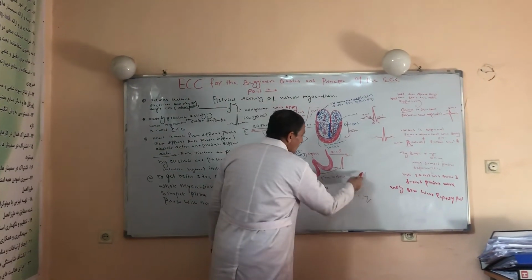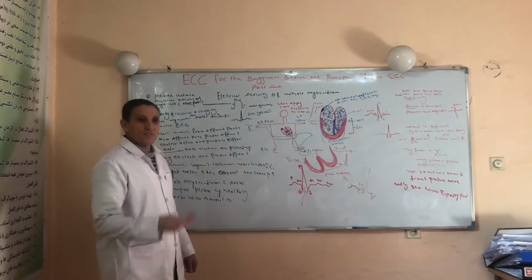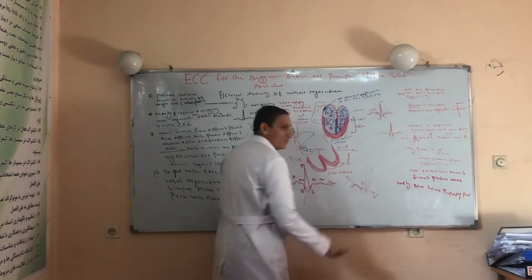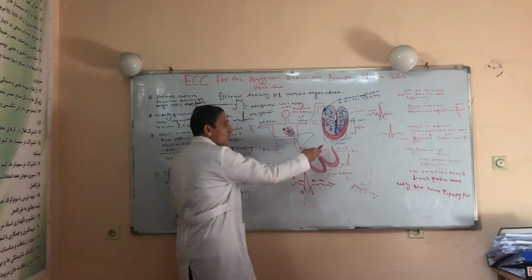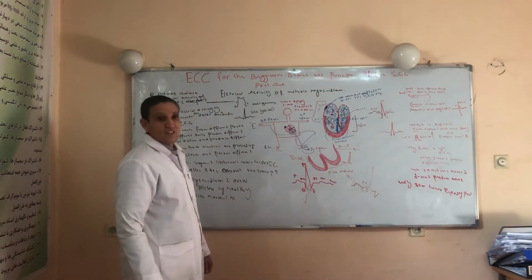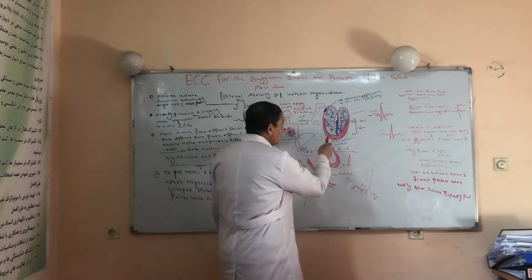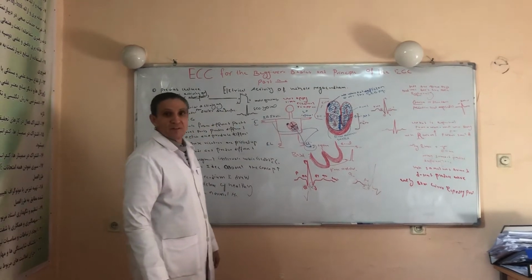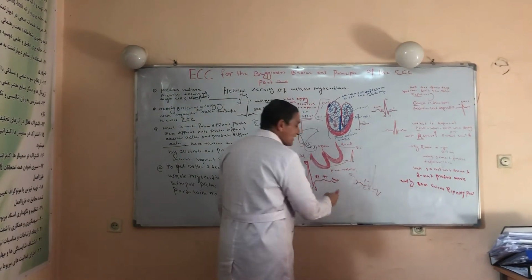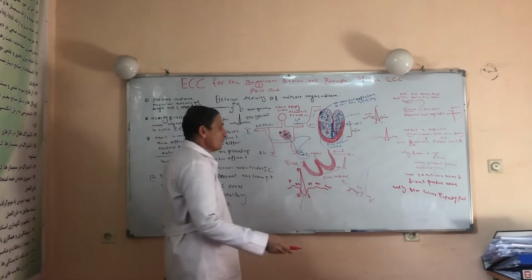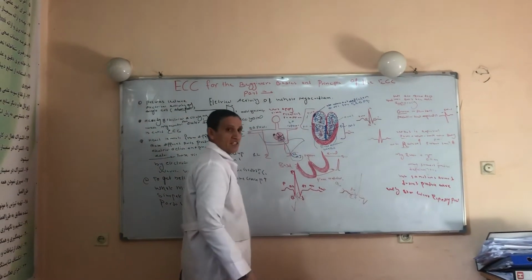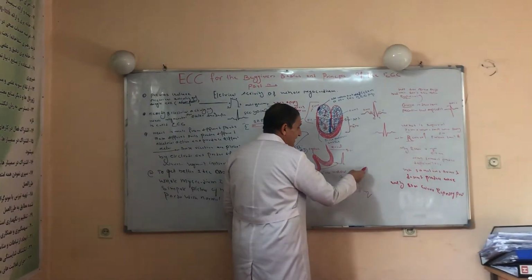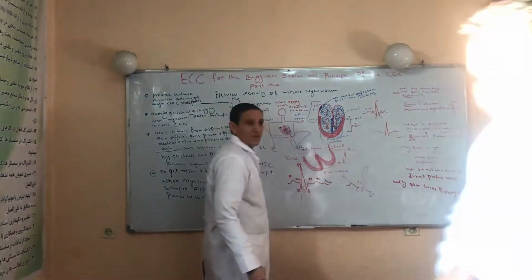What does the R wave represent? The R wave represents ventricular depolarization. This R wave is a large wave. Why large? Because the ventricle is larger, and particularly the left ventricle has more influence on the ECG than the other parts of the heart. So why is it produced quickly? Because the ventricle is supplied by Purkinje fibers, and Purkinje fibers conduct the electrical impulse quickly to the myocytes. That is why the R wave is larger, stronger, and a fast wave.